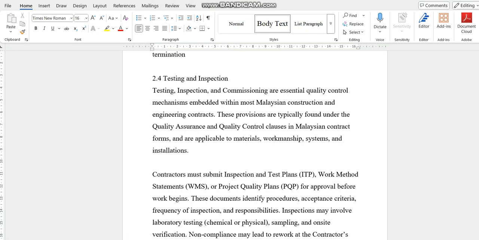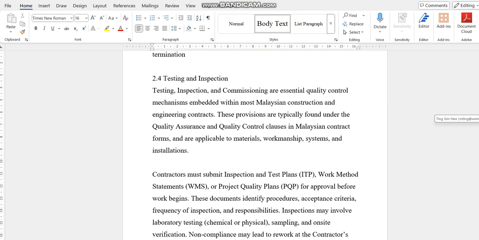Okay, and now we are back, coming into the fourth aspect of quality that is covered in contract. This will be talking about testing, commissioning, and inspection. I think these provisions are very typically found under clauses in Malaysian contracts. They will be applicable to material testing, testing on systems, testing on installations, testing on workmanship, and inspection on workmanship, what work is done, and